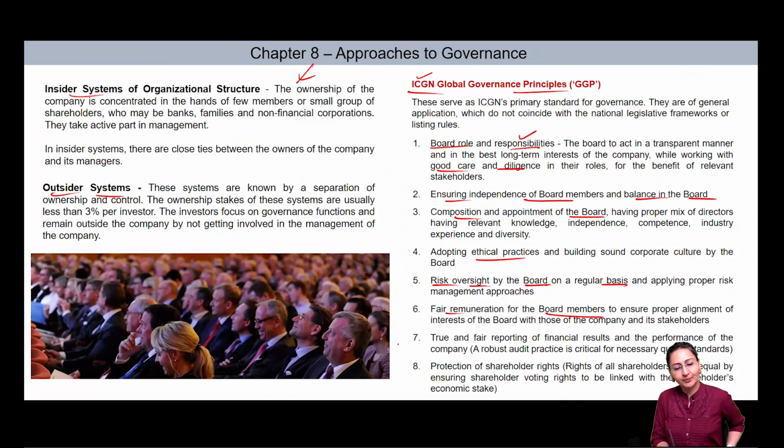Fair remuneration for the board members so that they do not have any reason to be unethical towards the business. Usually it is believed when people are fairly paid, they do not resort to unethical practices. But when you do not pay them well, the chances of adopting unethical practices increase, right? So fairly remunerate them. True and fair reporting in the financial results must be adopted, and shareholder rights must be